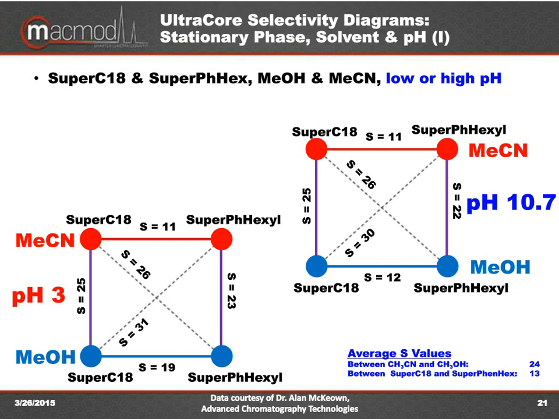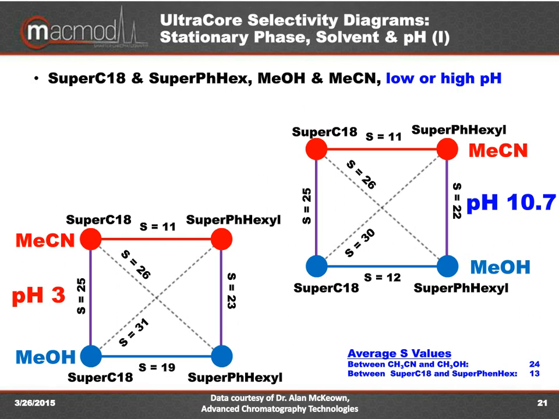This next slide shows experimental design combined with the S values for the various combinations for low pH, namely pH 3, in the bottom left-hand side of the slide, versus pH 10.7 with ammonium hydroxide, for the two phases. In these cases, the corners of this square, red ones are the ones for acetonitrile, and the blue circles are designations for methanol. And then the numbers that are along the diagonals and along the sides of the square represent the S values that they obtained